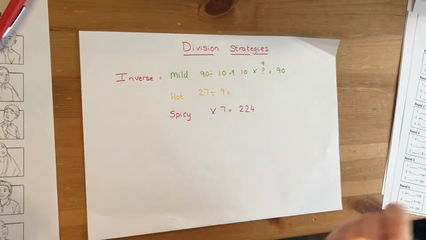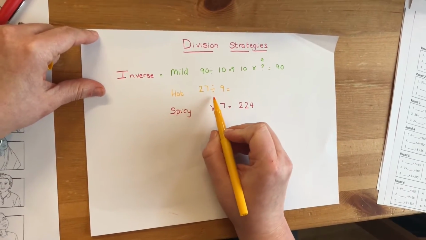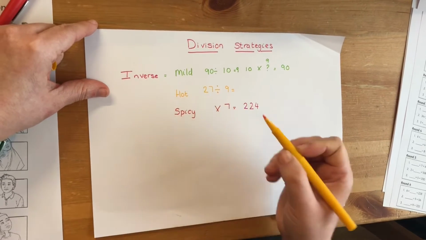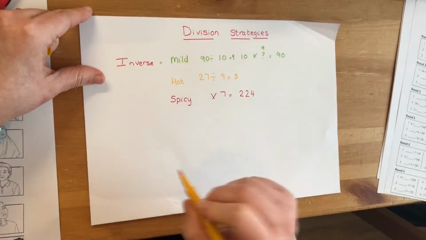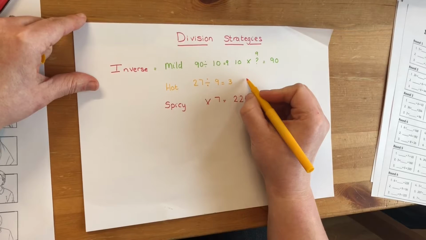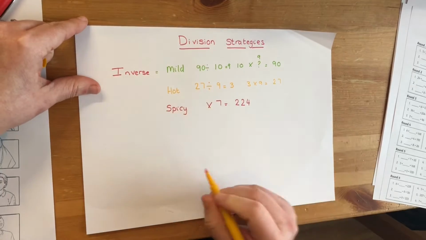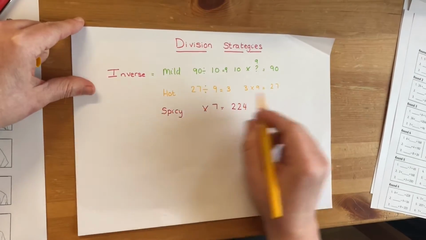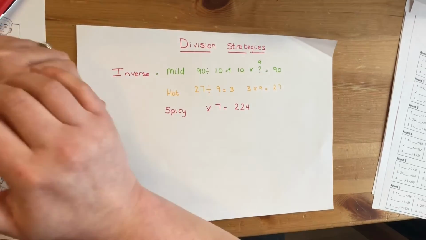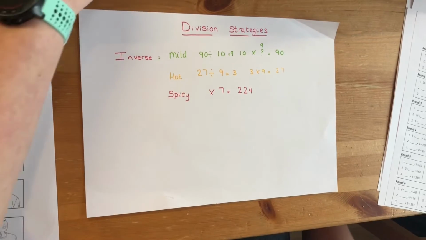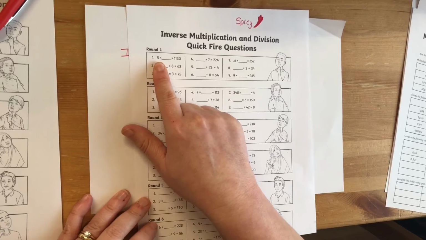Let's take a look with that strategy for the hot challenge. So, we have 27 divided by 9, okay? Now, we know that 27 divided by 9 is 3, but we can check it to see whether it does make sense, because 3 times by 9 equals 27. Okay, they are inverse, so we're using our knowledge of fact families to help us answer these questions, which will help when you get to the spicy challenge, because if you look, sometimes it's a multiplication and sometimes it's a